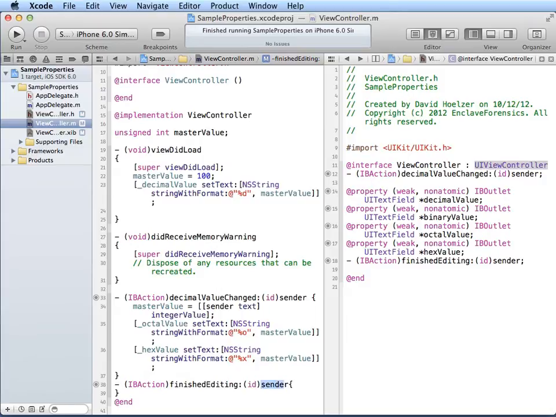So the sender value is actually going to be the UI text field object that initiated this event. Since there's only one object connected to it right now, that's always going to be that decimal text field. So if I simply tell the sender to resign first responder, and let me get rid of that extra set of braces there, save that and run it,